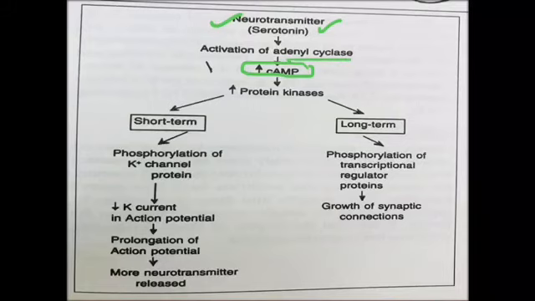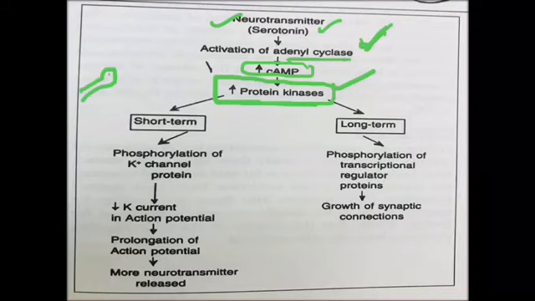Adenylyl cyclase enzyme activity happens. The adenylyl cyclase was present, it will get activated, increase the cyclic AMP. Increased cyclic AMP increases the protein kinases. Either it increases the protein kinases or it activates the protein kinases that were present inside this presynaptic neuron,